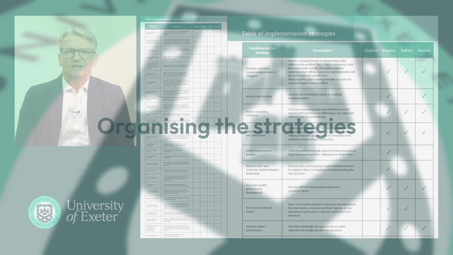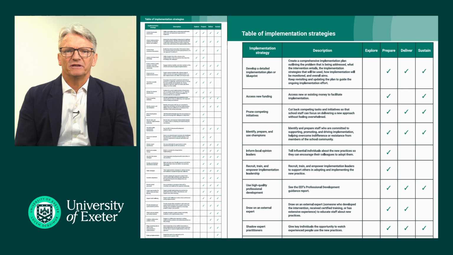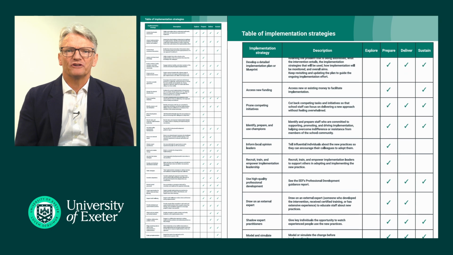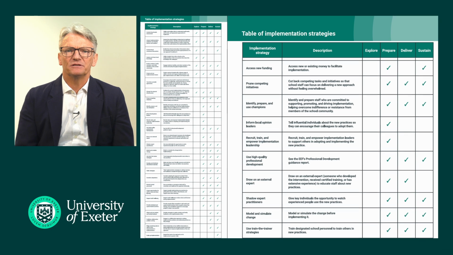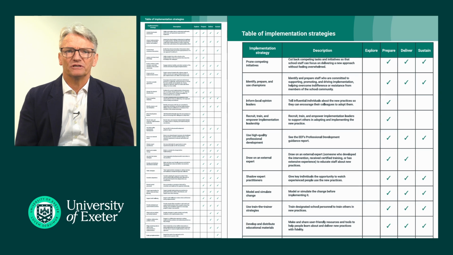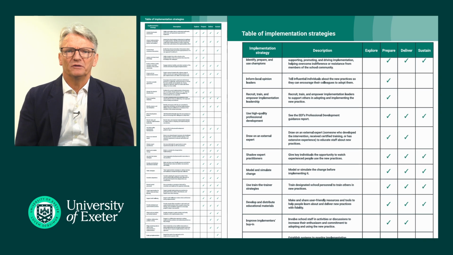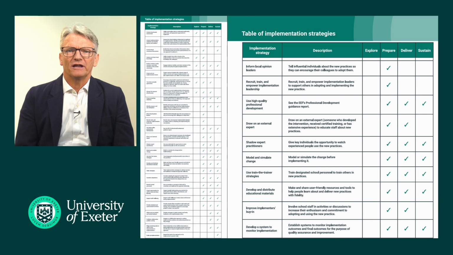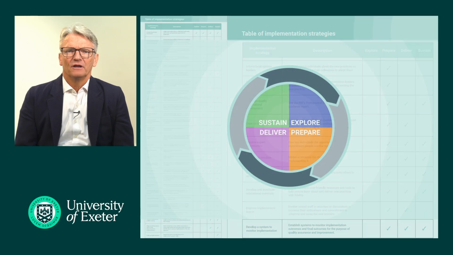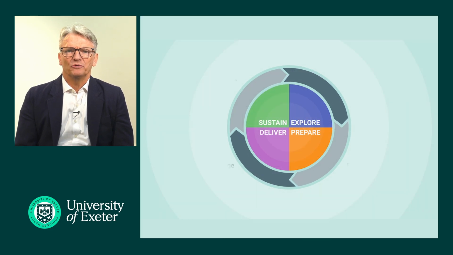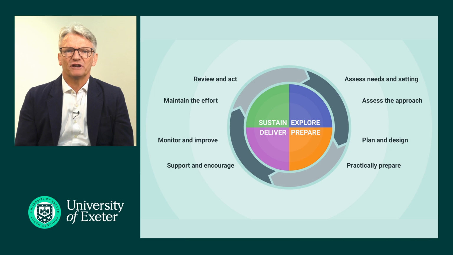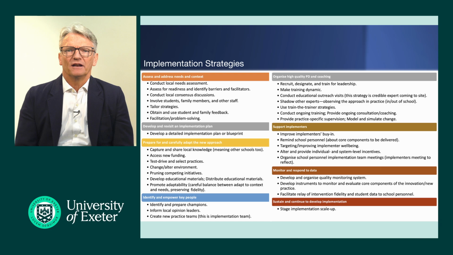As there are more than 30 individual strategies, it is understandably helpful to categorize them into groups of strategies that might be selected at similar times in the implementation process, or have a similar purpose. There are a couple of examples of this. One is from the EEF Guidance Report that indicates 8 overarching strategies that map onto different phases of implementation. Another similar set of overarching strategies is from our evidence review, where we organise each of the individual strategies under